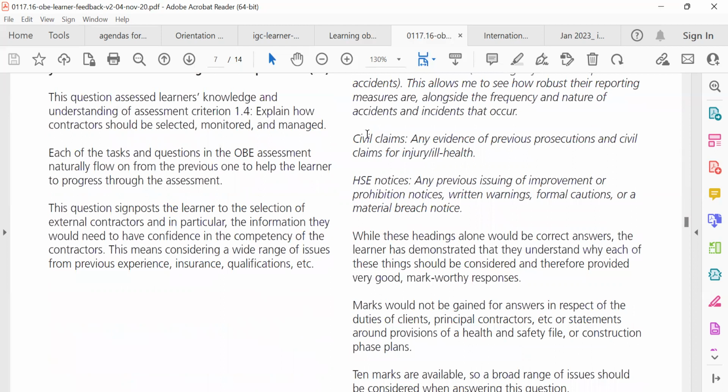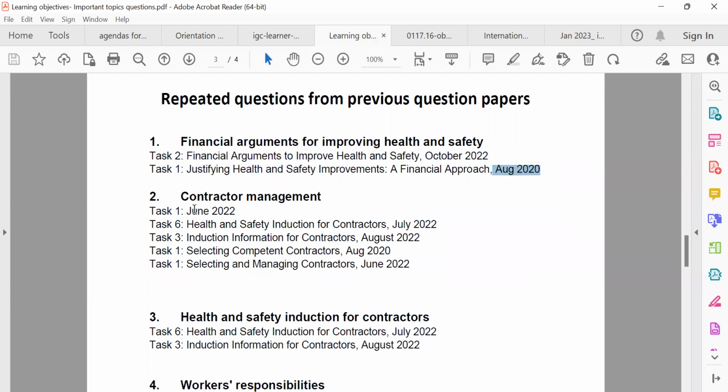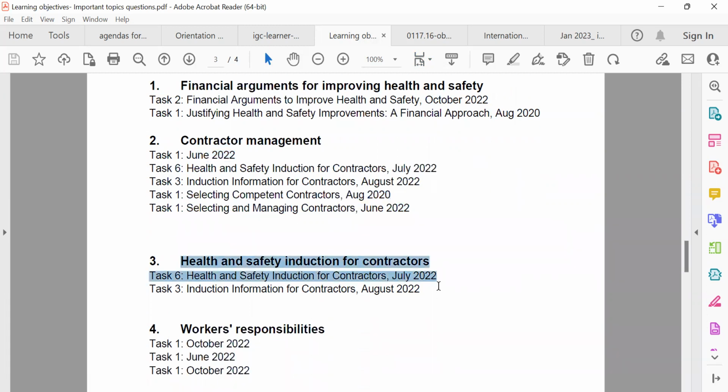So let's get back to those points here. Repeated questions from previous question papers. One of the major repeated questions is financial arguments for health and safety improvement. Task 2 of October 2020 asked the same question. Task 1 of August 2020 asked the same question. Contractor management, these are the tasks, these are the question papers. Then health and safety induction for contractors,